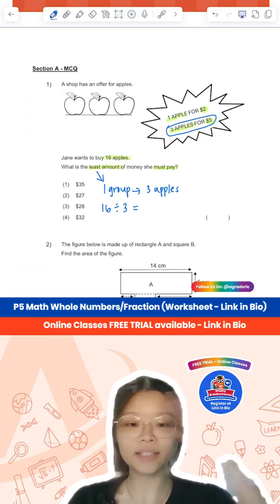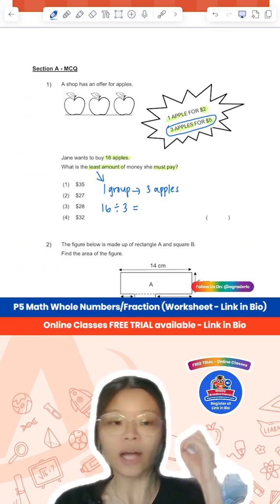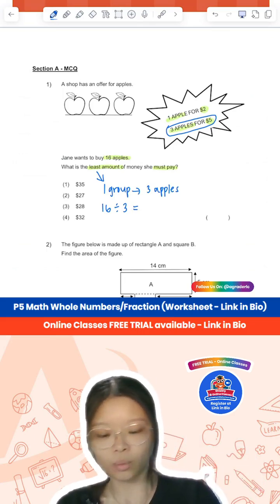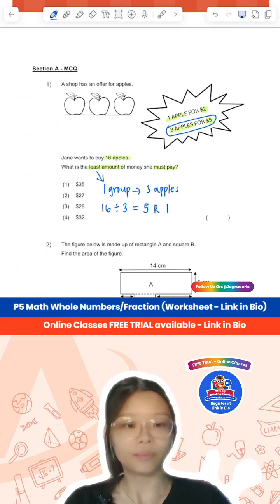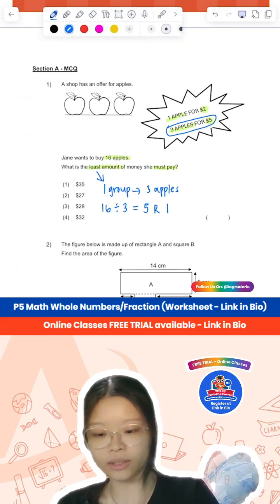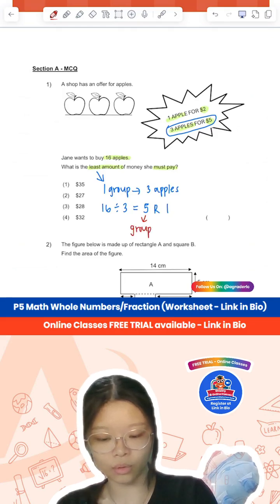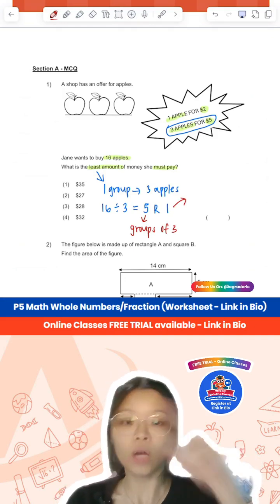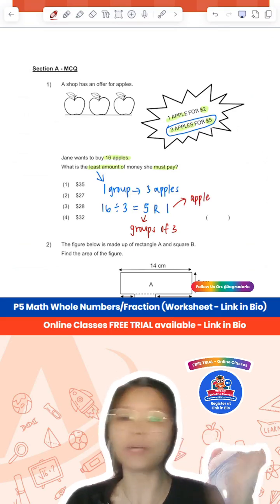Okay, what is 16 divided by 3? You cannot divide, you get remainder. Yes, Molly, I cannot divide. I will get a remainder, so I will just have the remainder. So 16 divided by 3 will give me 5, remainder 1. Okay, thank you, Clarice. 5, remainder 1. So it's okay to have the remainder because this just means I'm buying 5 groups of 3. And this 1 is just 1 remaining apple. Okay, this remaining apple doesn't fit in the 3.